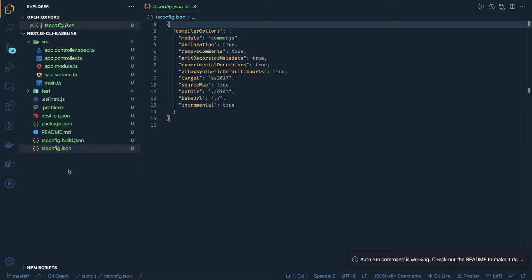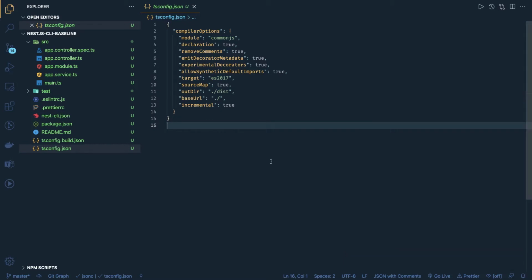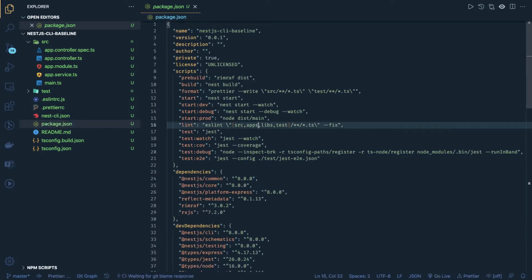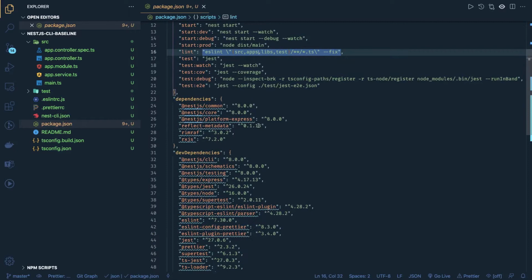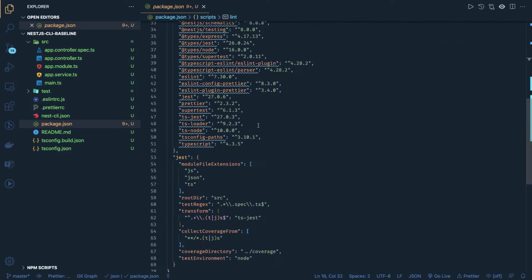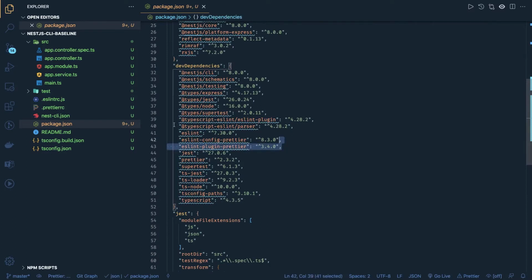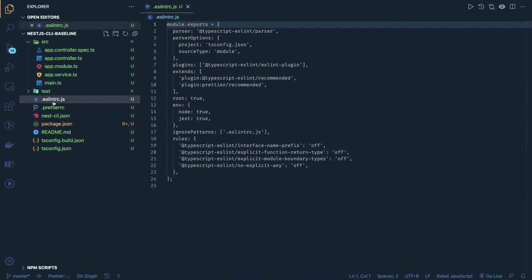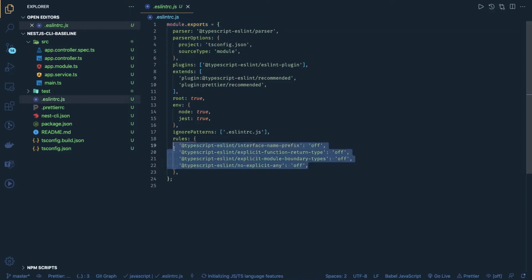I don't want to use the Nest CLI. Nest CLI is just to show you guys how to get started with the basic project if you want to start from scratch. Okay, so this is our tsconfig file, and this is our package.json file. We have a lot of dependencies here, so these dependencies are fine, but we will also add a few more dependencies on top of this. All right, we are using Jest, we are using ESLint, and you can see ESLint RC here, which is dependent on the other ESLint TypeScript plugins, TypeScript ESLint. Now we are no more in the TSLint world, we are using purely ESLint. Some of the rules of ESLint are disabled, and here you can see these are the plugins which it is extending, TypeScript ESLint,